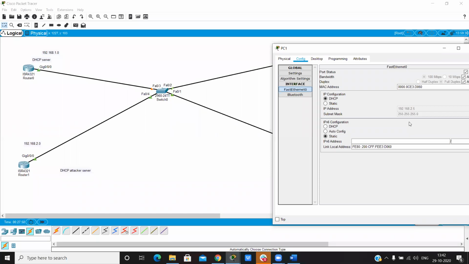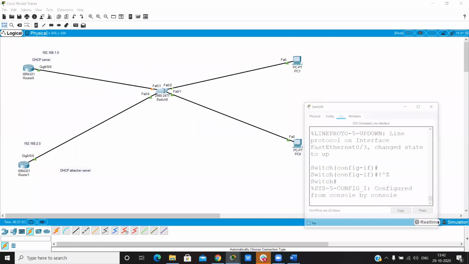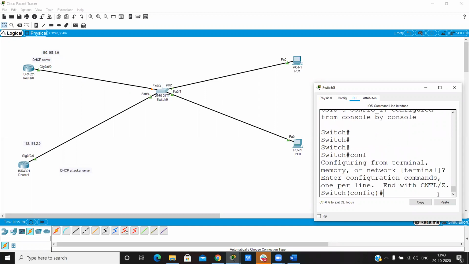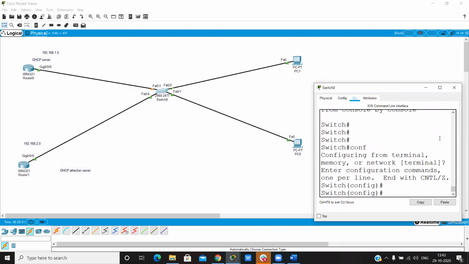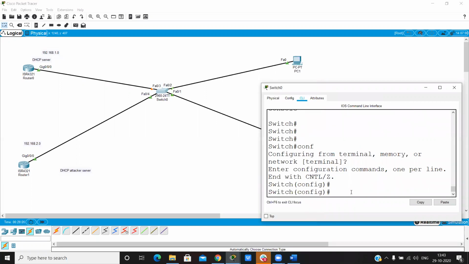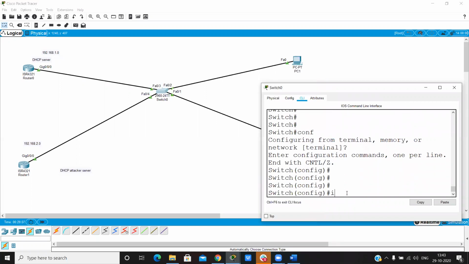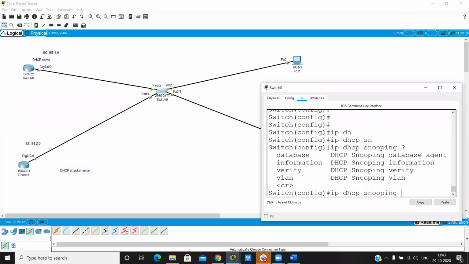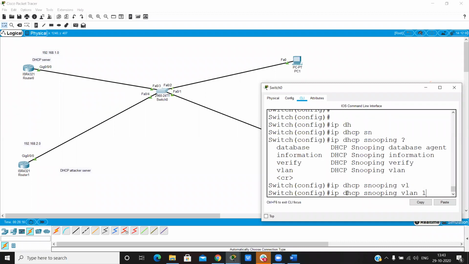So how will we secure this? We secure it by using DHCP snooping. We can configure DHCP snooping on the switch. Firstly, ip dhcp snooping vlan.